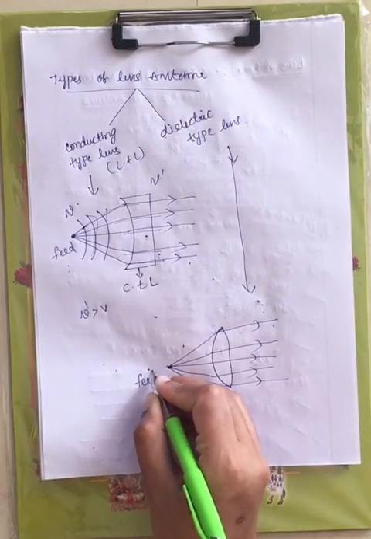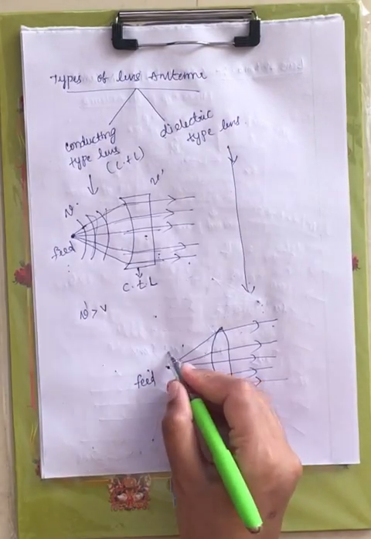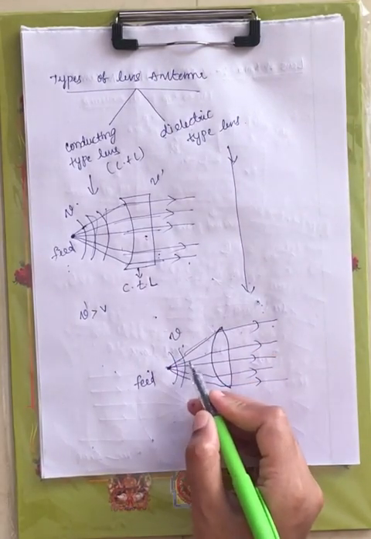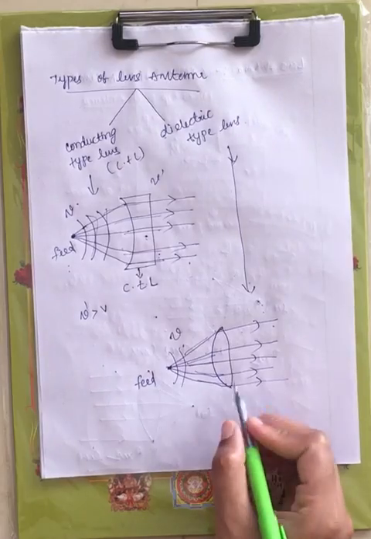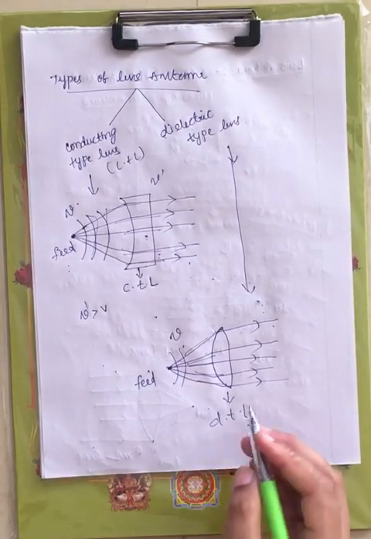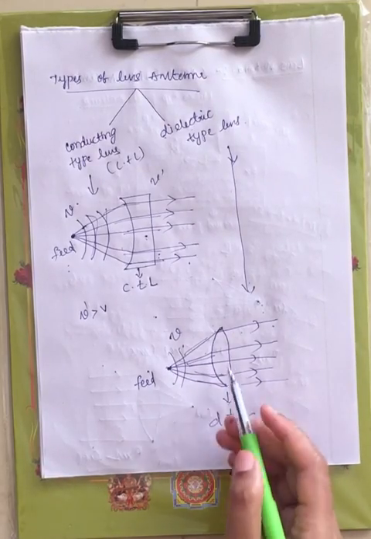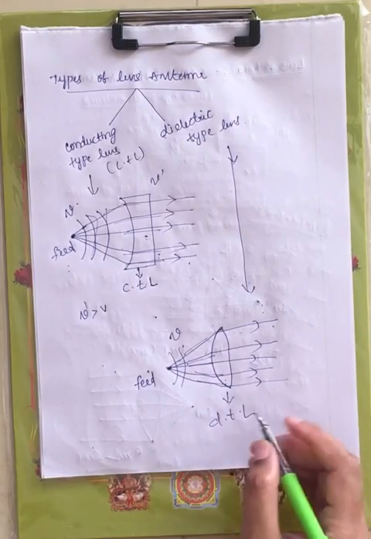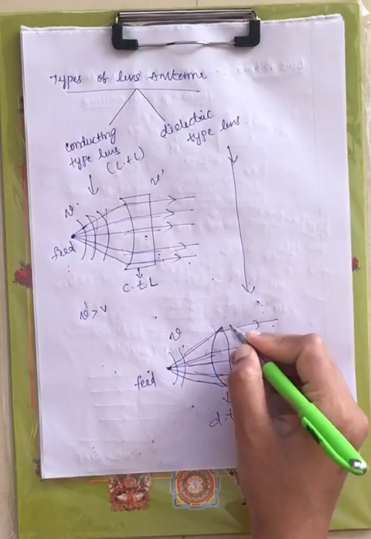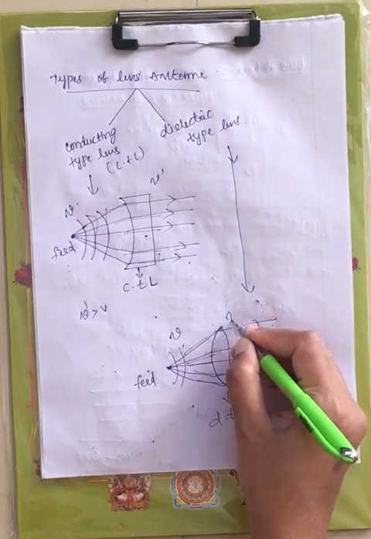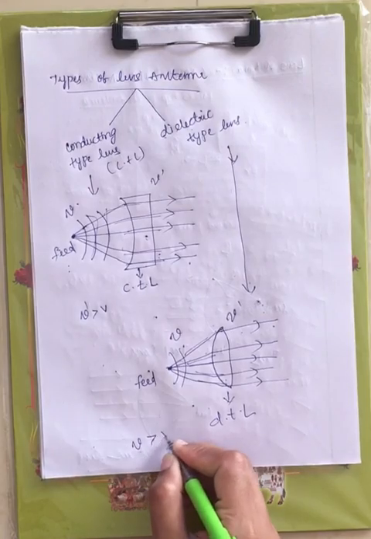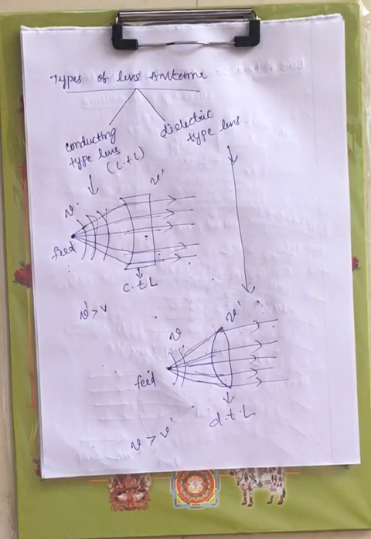Now what happens here is the feed will generate the signal, right? Now that signal is having the velocity v. Whatever signals are generated from the feed, when they are passing through this dielectric type lens, DTL stands for dielectric type lens, its velocity gets decreased, right? After passing through this dielectric material, those signals are having the velocity v dash. Now here v is greater than v dash, right?